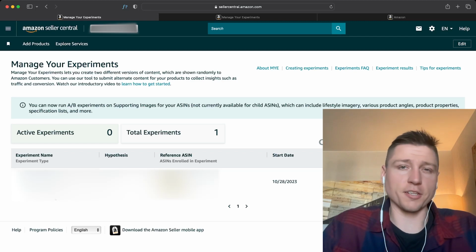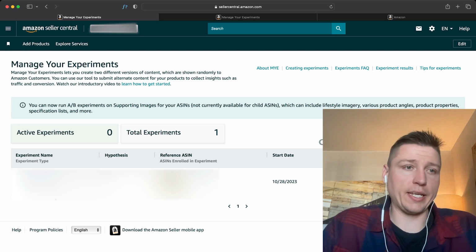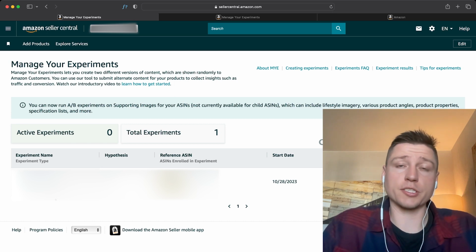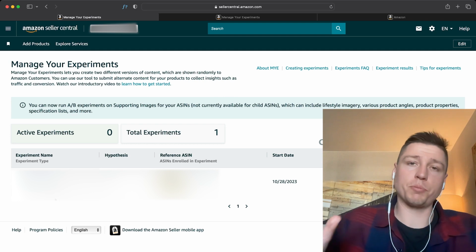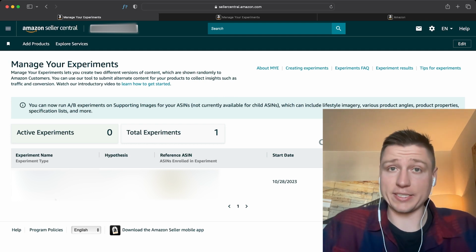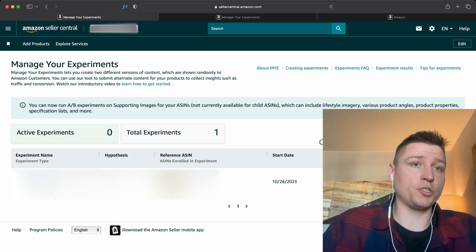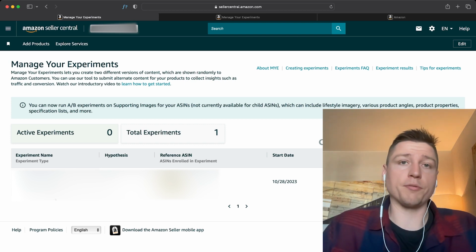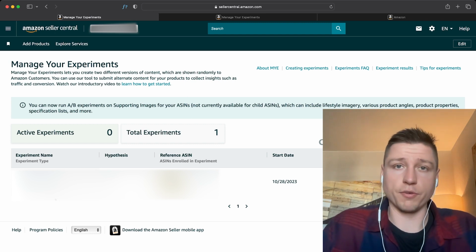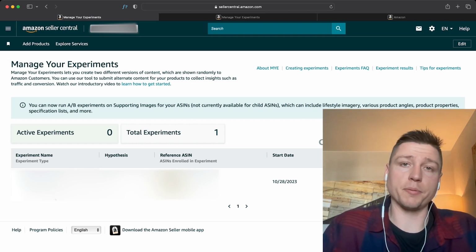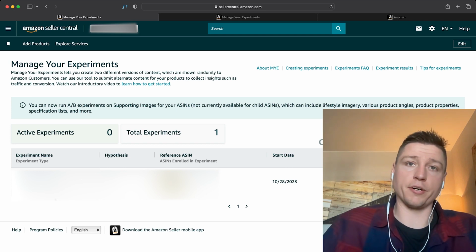What's going on, guys? Low production value here today, but we're going to talk about A/B split testing. In your Seller Central account, you can do this on a platform without software, just on Amazon. And this is massive, because if we can get a 2% increase in click-through rate, or a 2% increase in conversion rate, that's massive to be able to rank up above your competitors when it comes